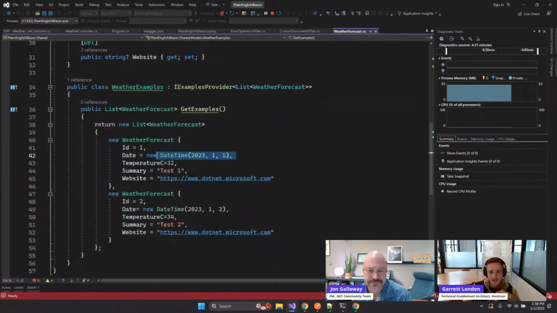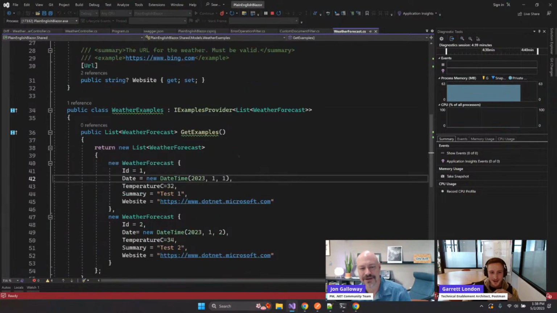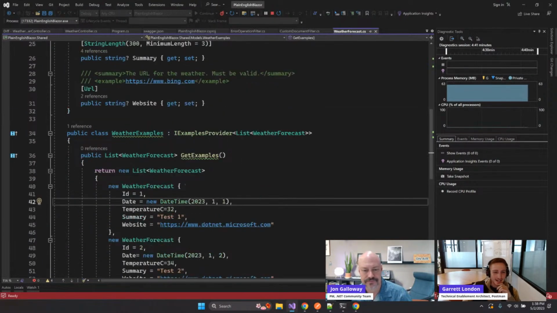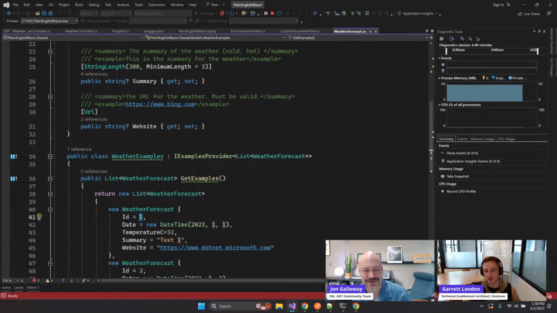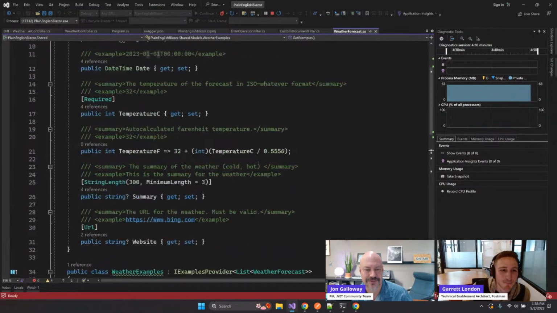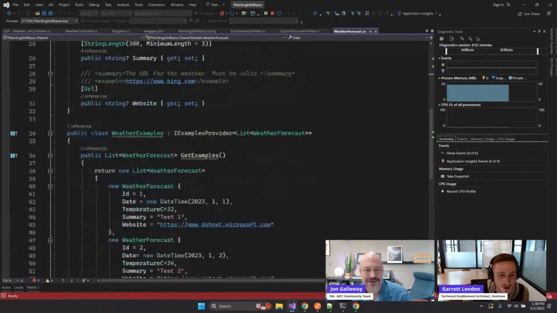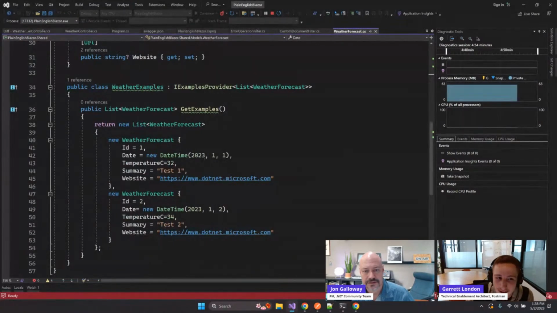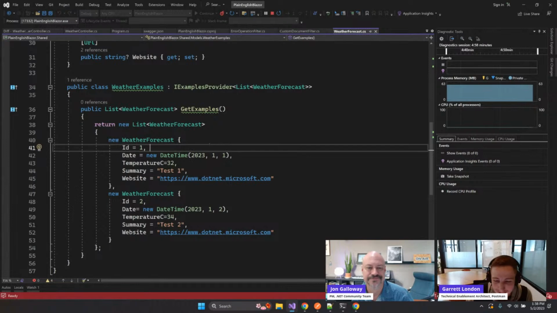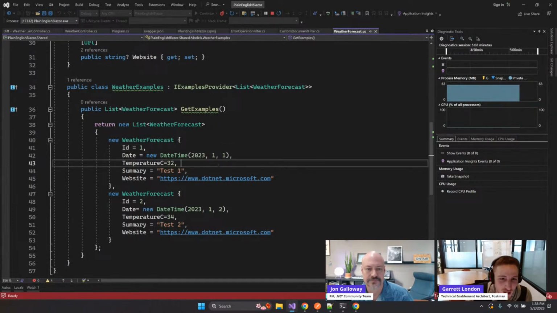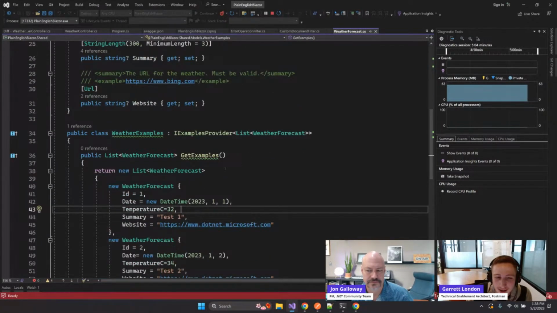Whereas I can actually just use date time, for example. Or I can do a GUID.NewGUID to represent that my IDs are not database incremented; they're just GUIDs. This helps a lot with lists because the IDs look natural, right? List element number 1, list element number 2. You can make it a little bit more personable, and I find that